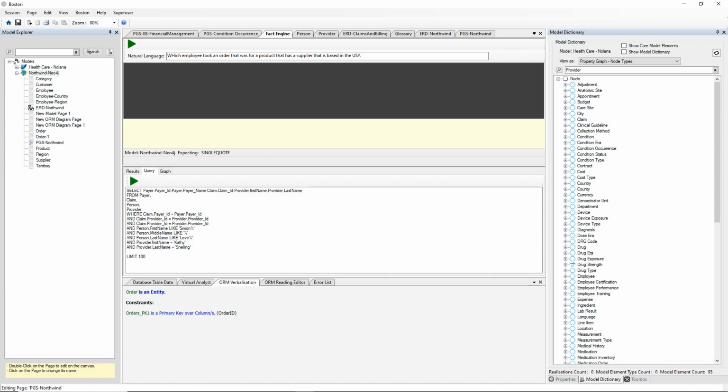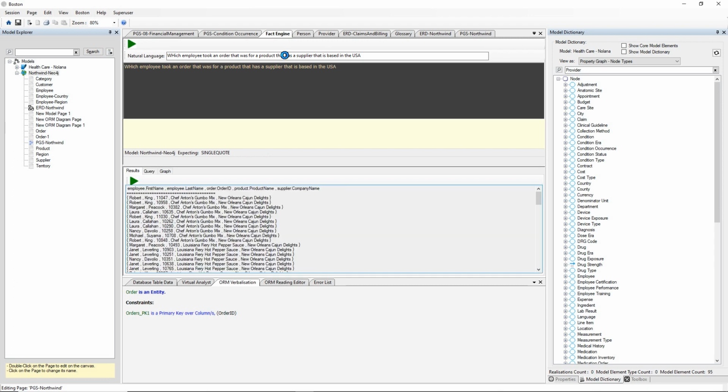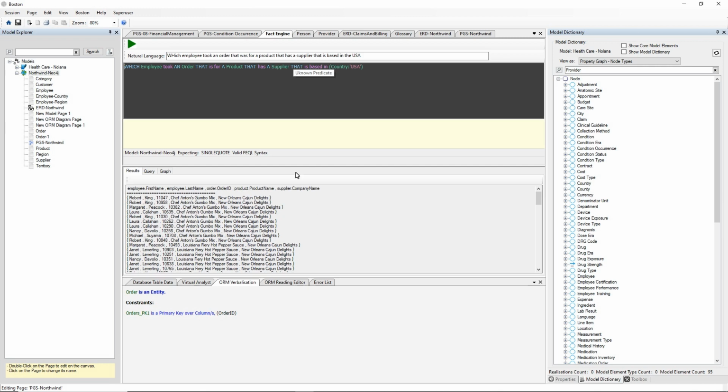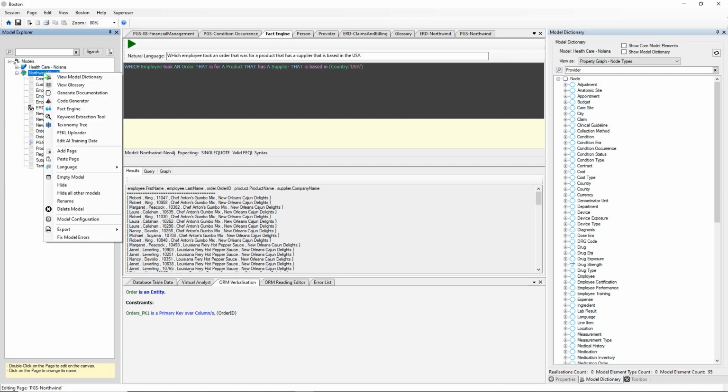We're going to hit go on that, farm that out to a large language model, convert that to FactEngine query language, and there's our results. So these employees, Robert King, Margaret Peacock, etc., took orders for products from a supplier based in the United States. So we've done our business intelligence query using natural language, made possible because we have a semantic view over